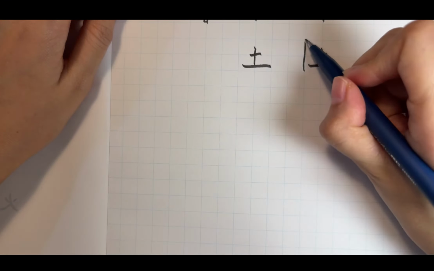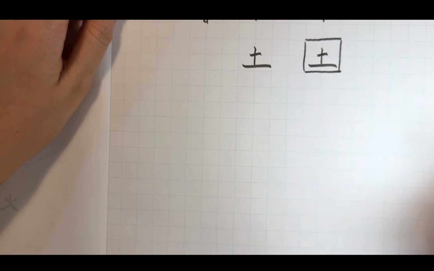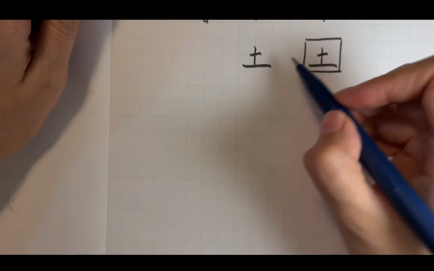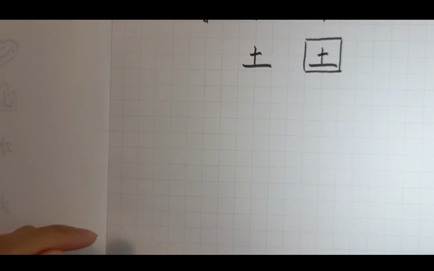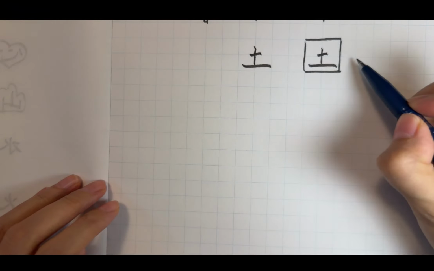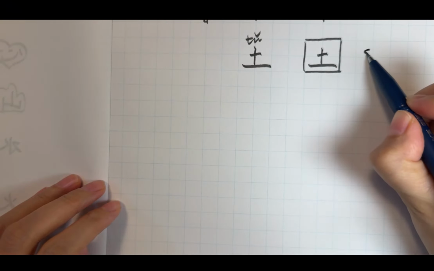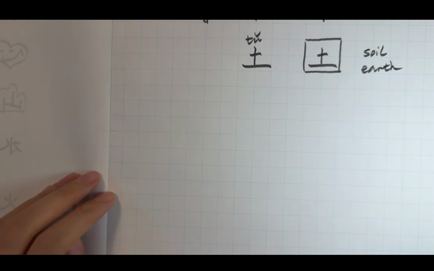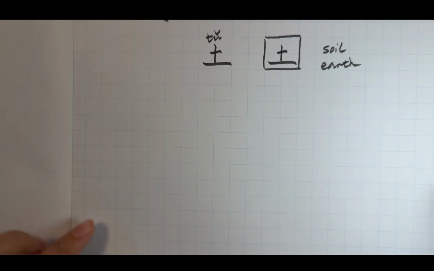So as I said earlier, if you don't have 田字格, you can use this kind of project paper, and it does have the small squares. You can group them in a way that looks like a 田字格 to help you to structure your 汉字. So 土 means soil or earth. 这是土。